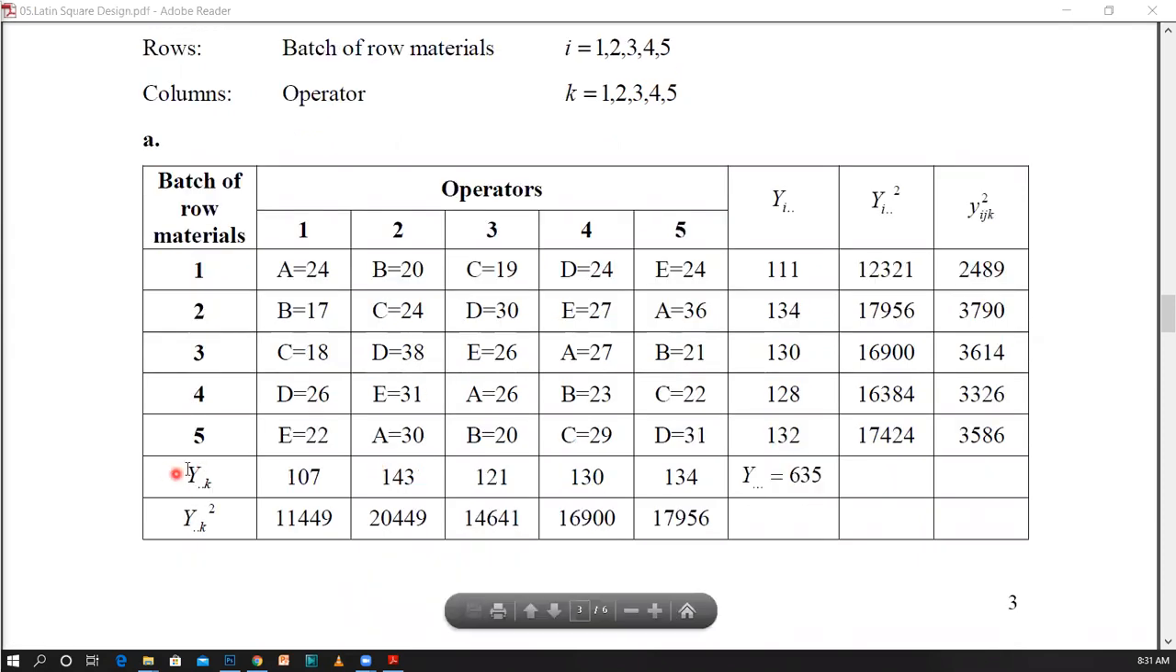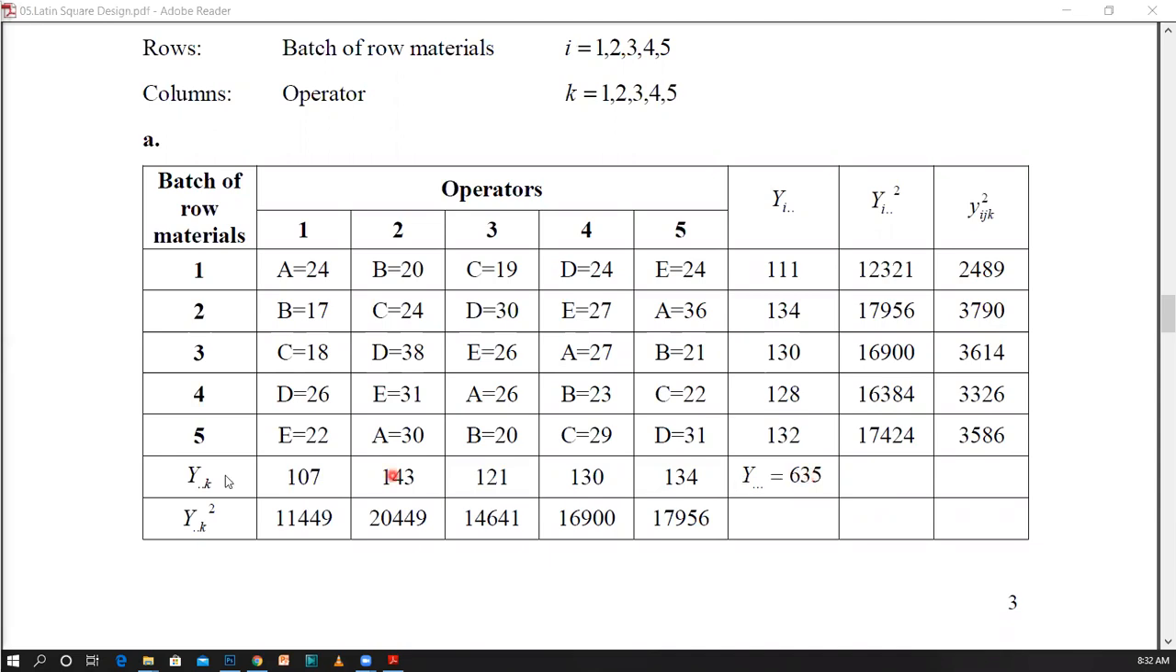This row contains the column totals. The notation is y double dot k. It is the kth column total. Therefore, I have added the first column values and obtained 107. For the second column, 143 was obtained. For the third column, 121 was obtained. Likewise, for all the five operators, the column totals were obtained, and this value is for the grand total. It is the total of these five row totals, or the total of these five column totals. It should be the same. Therefore, I have obtained the grand total as